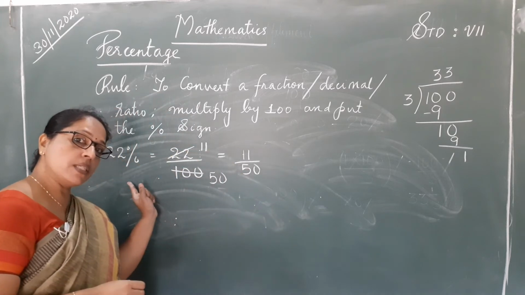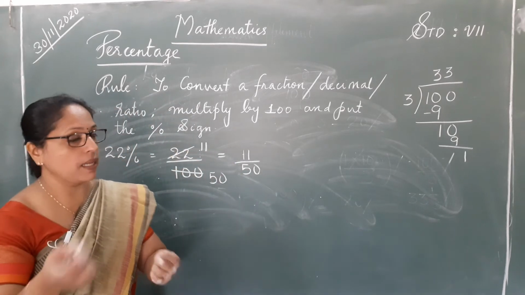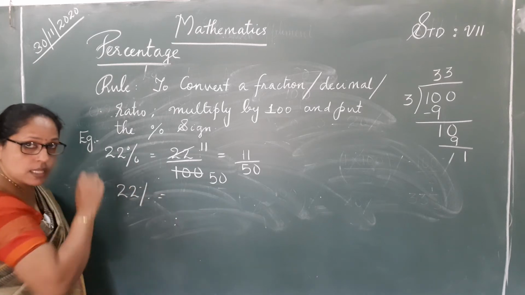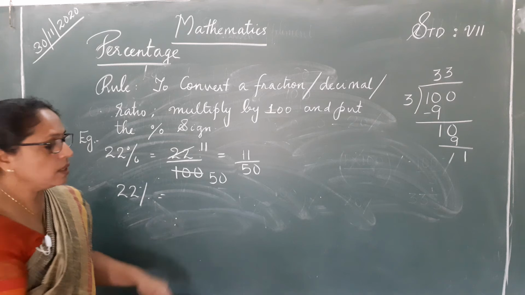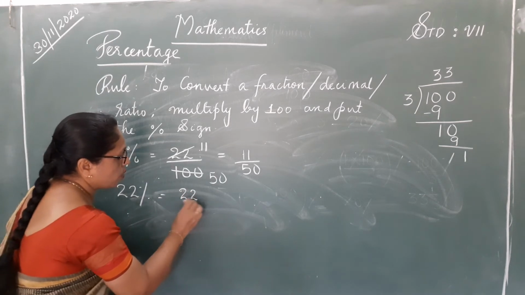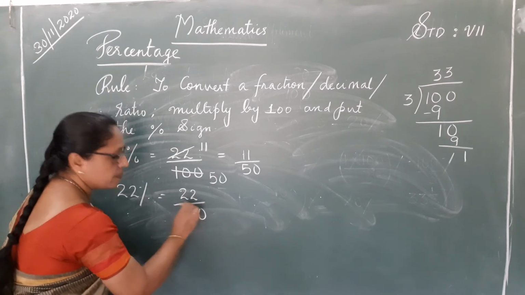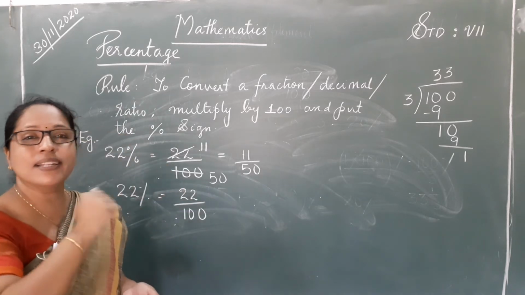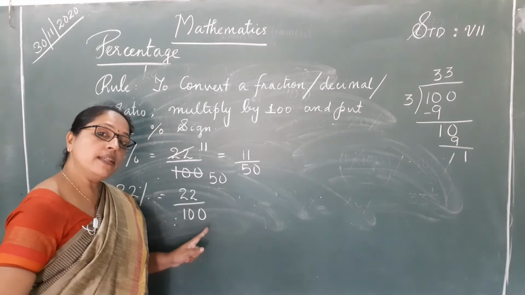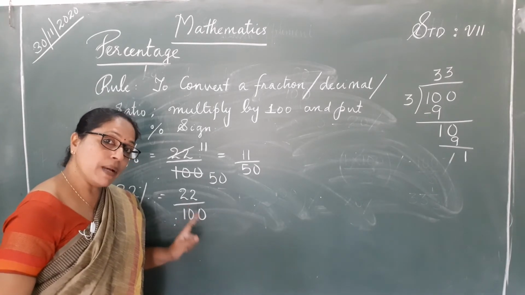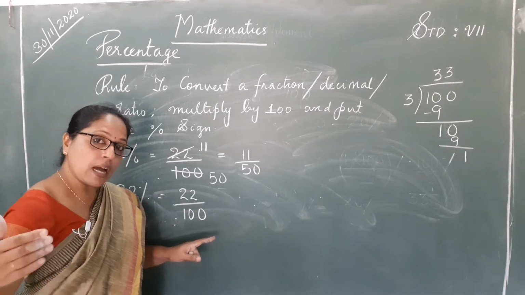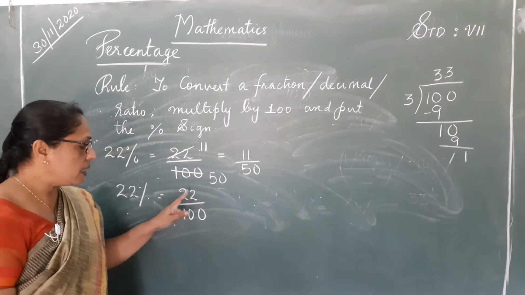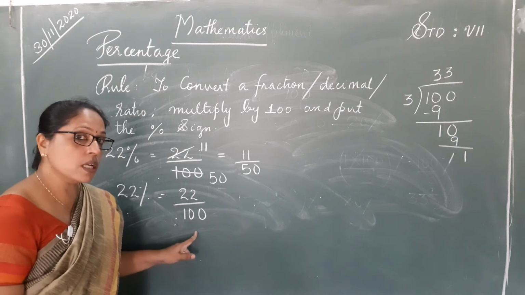Now the very same question, we have to change it into decimal. So how do you write 22%? Same process. First change it into a fraction. So what do we get? 22 by 100. Okay. Now here we don't have to cut because we need to get the answer in decimal. So you know that to get the answer in decimal, it's better to keep the denominator in hundreds, tens, thousands. That is much easier. Come on, tell. When you divide a number by 100, what is the concept you learned?